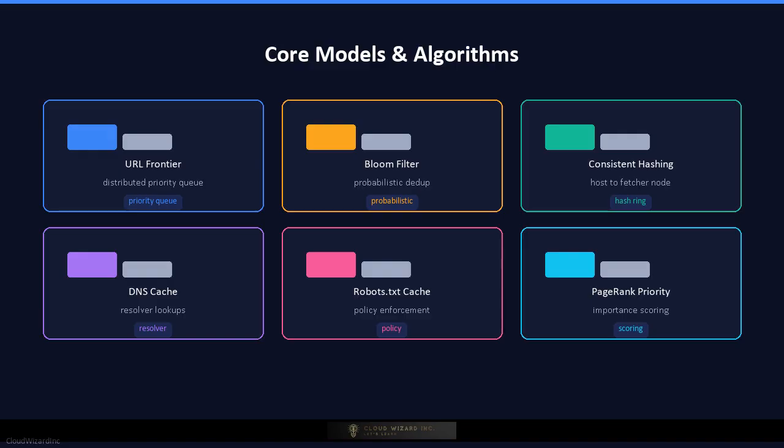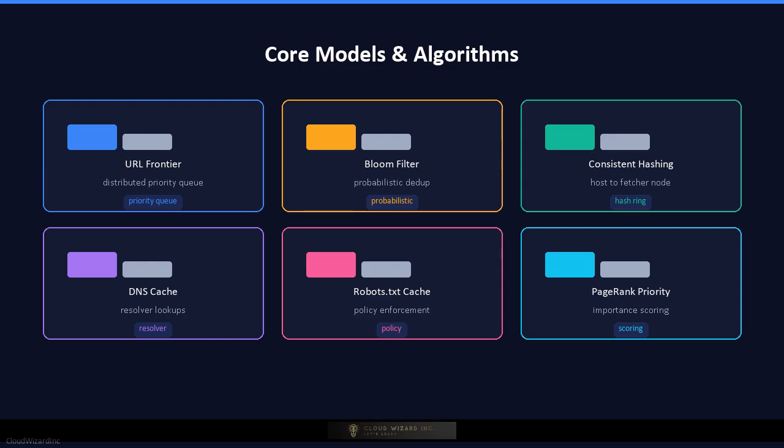The core models and algorithms. The URL frontier is a distributed priority queue that ranks URLs by importance, freshness, and politeness. The Bloom filter provides a memory-efficient probabilistic deduplication layer, allowing the crawler to skip already seen URLs with a tiny false positive rate. Consistent hashing distributes hosts to fetcher nodes, so the same node handles politeness and robots.txt for a given